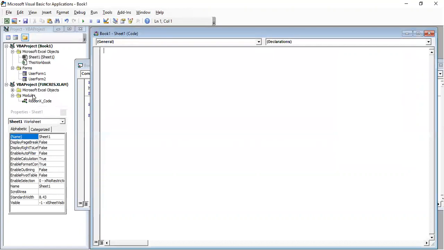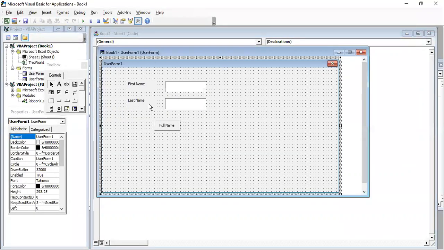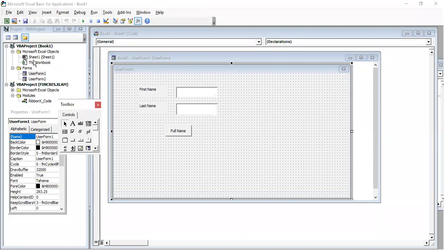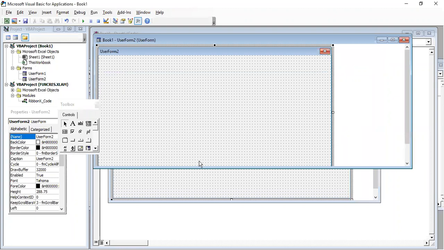So let me go to user form 1. I have created a form 1. So you can traverse through your forms by using the project explorer window. When you double click form 1, or double click on form 2, it will take you to form 2.